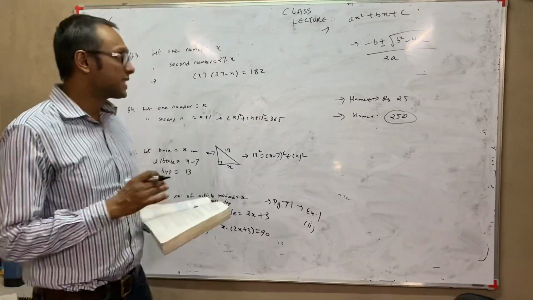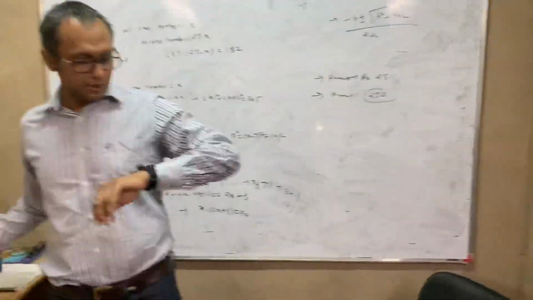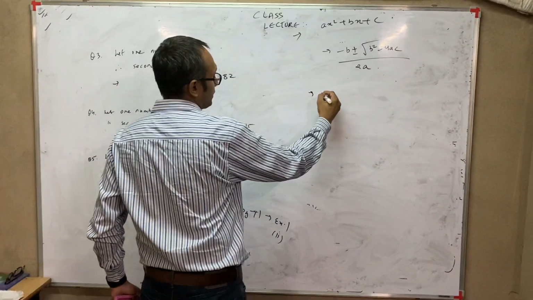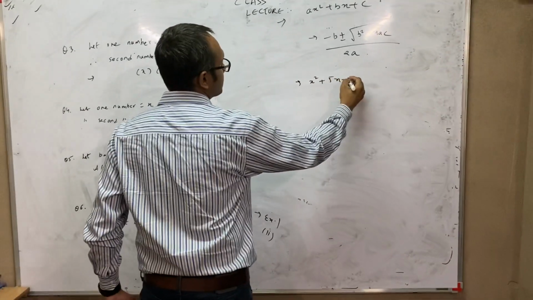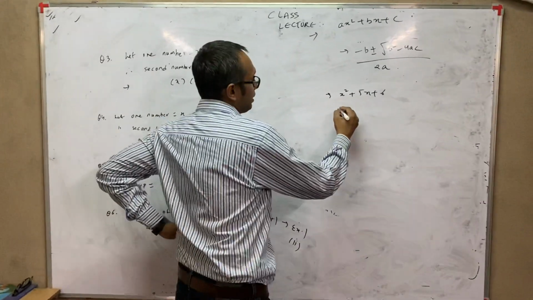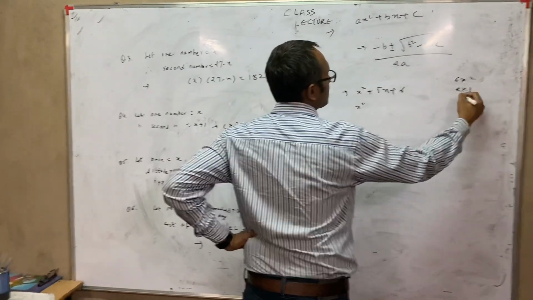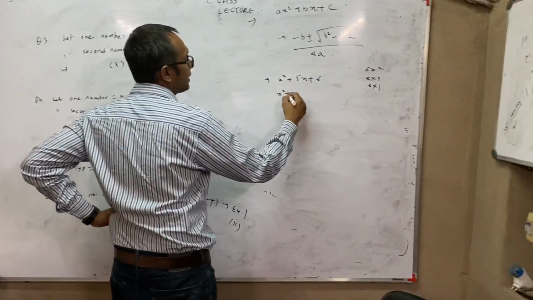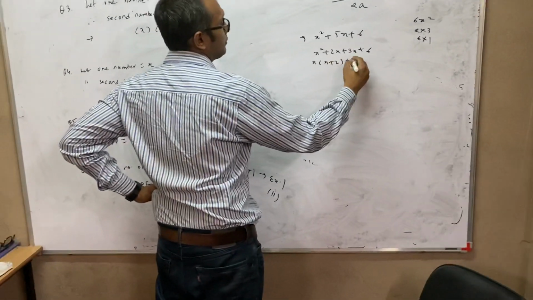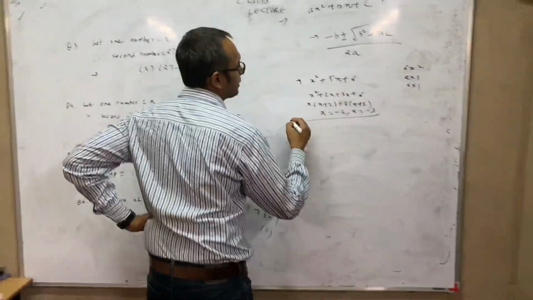Okay, so this was exercise 4.2. Now I'll teach you one thing which will be very useful for you in this chapter and in all the other chapters. For example, this is an equation x square plus 5x plus 6, and I ask you to find the roots of it or get the value of x. Up till now, the normal method we are using, first and last term we multiply, we get 6x square, then 2 3s are 6, depending what the value here. I suppose choose this, and then x plus 2, so x is equal to minus 2, x is equal to minus 3. This is my answer.